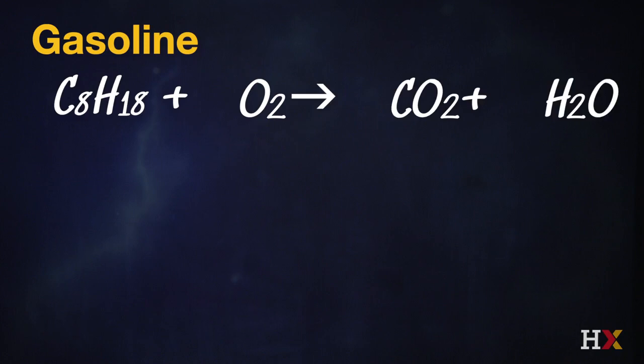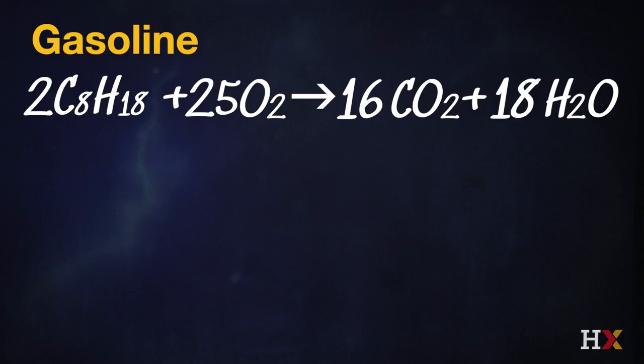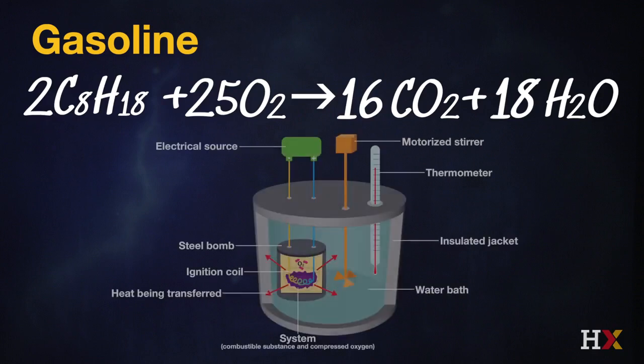But we have to balance that chemical reaction, and we can do that very quickly to balance the hydrogen and oxygen on the left-hand side and the right-hand side. So now we're combusting gasoline inside this little vessel. And we can initiate that chemical reaction with an electrical spark, which is exactly how gasoline is ignited in your